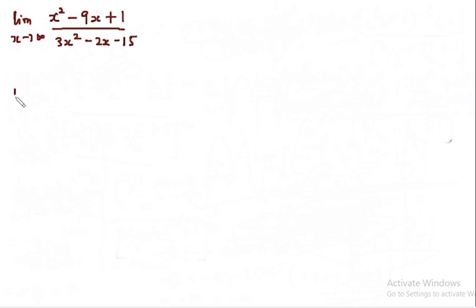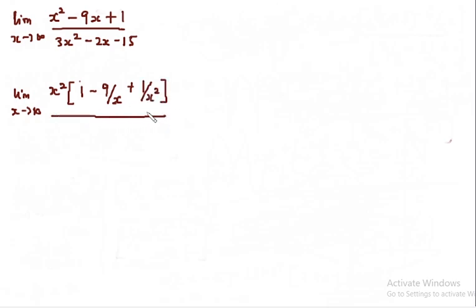So I'll write this as the limit as x approaches infinity of x squared, open bracket. Factorizing x squared from x squared gives 1. Factorizing x squared from 9x gives minus 9 over x. Factorizing x squared from 1 gives plus 1 over x squared,